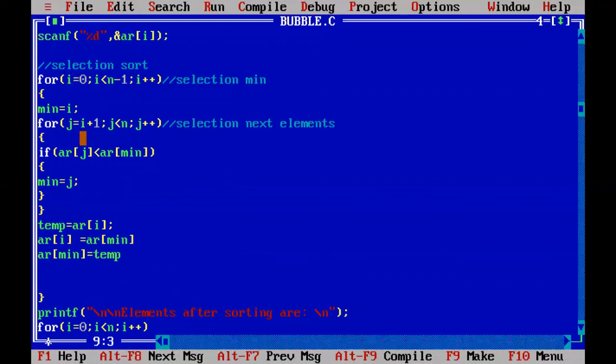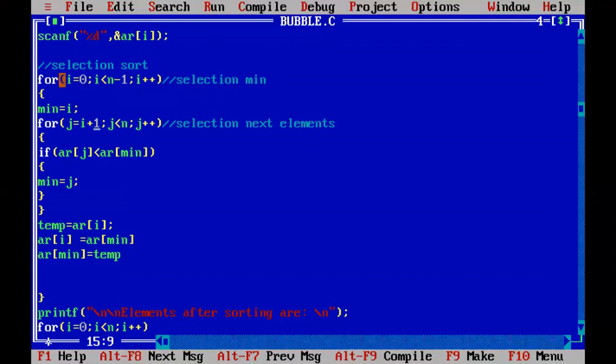That means i plus 1 onwards. For example, if i is 0, the next index will be i plus 1, that means 0 plus 1, index 1. If i is 1, then the j index will be 1 plus 1, 2. So from the next elements onwards, it will start.